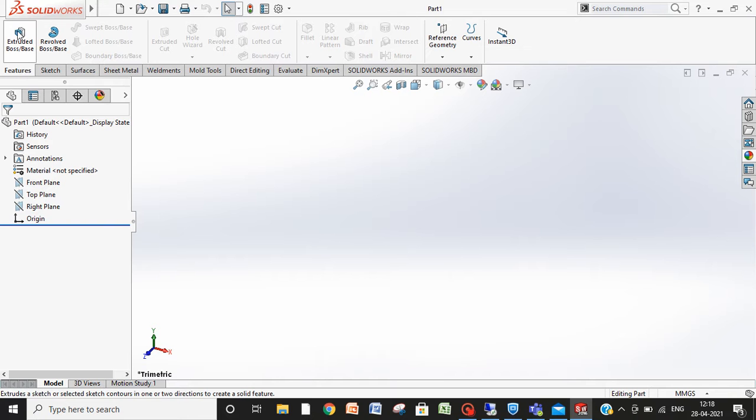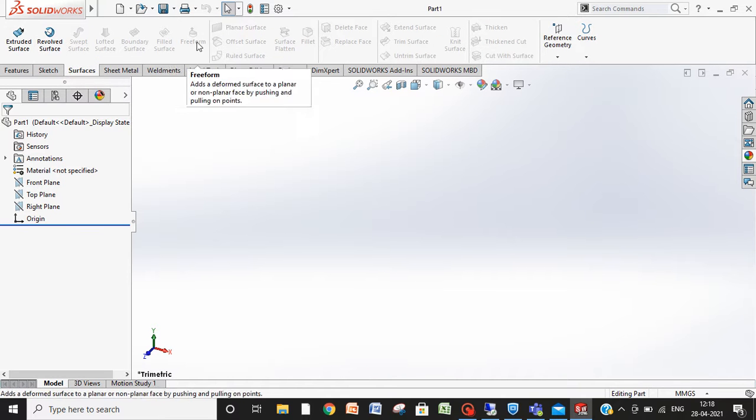Then we have features. These are used in three-dimensional views or 3D figures like solid figures. When we come up here we will talk about each and every one. This is surfacing, with surface features.